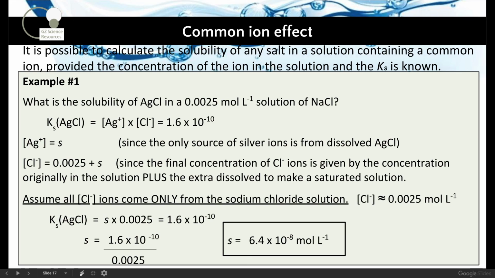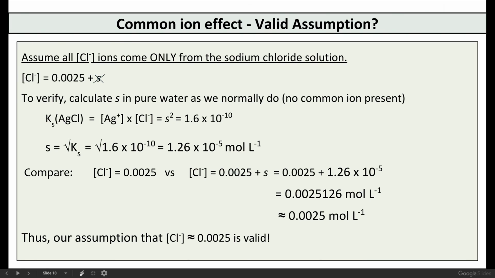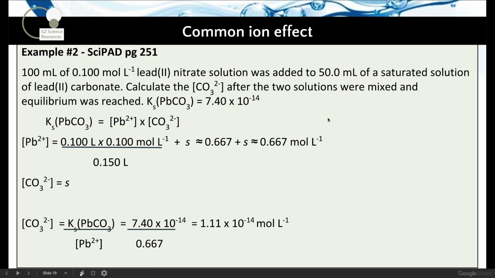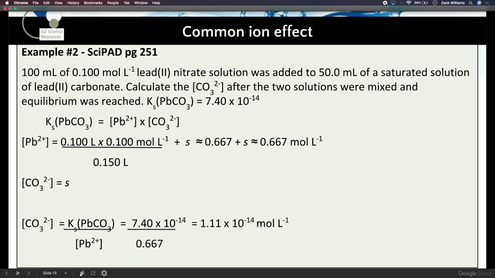So that's it. With this twist here, that's all we've got to do. These problems are very similar to what we did last class. Just plug in the concentration of the common ion, pretend none comes from this precipitate that dissolves a very tiny bit, and we've proved that it dissolves in such tiny quantities that it doesn't affect the overall concentration of that common ion. And that's it. We'll do some problems next class. We'll continue this topic a little bit more and do some